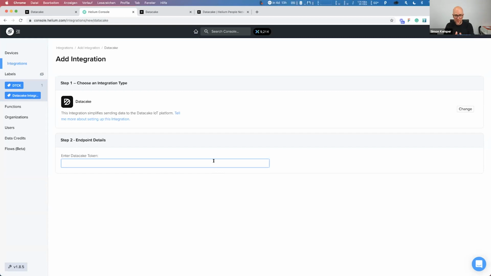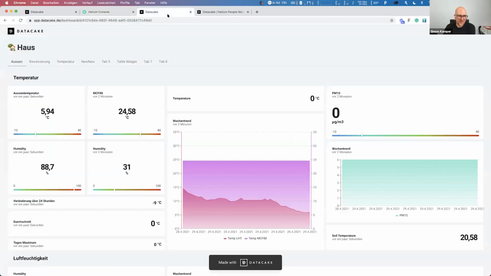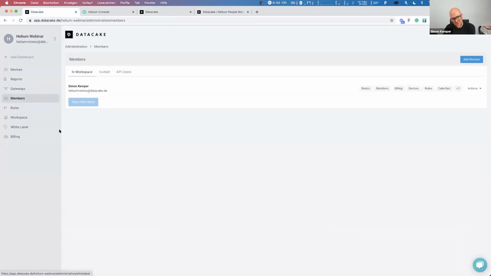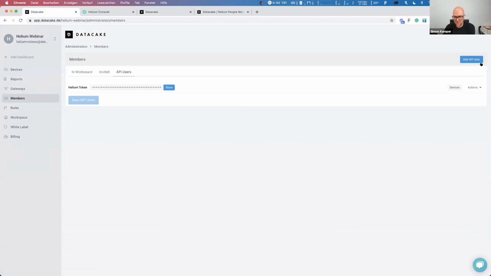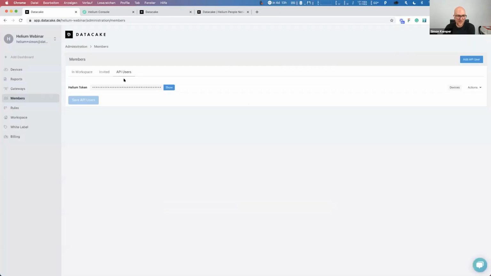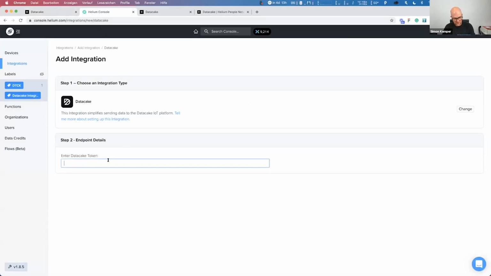That we know that these webhooks coming to Datacake are definitely from Helium. And in our Datacake workspace on the sidebar, we can find members here. These members, first of all, allow us to invite additional users, but also allow us to create tokens. Simply by pressing a button, we create a token and give it a name. I've already created a Helium token, and we can simply copy this here